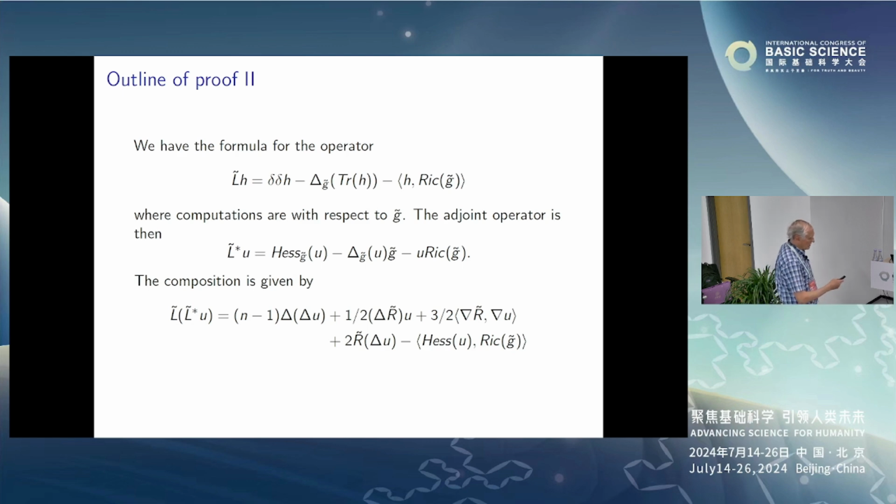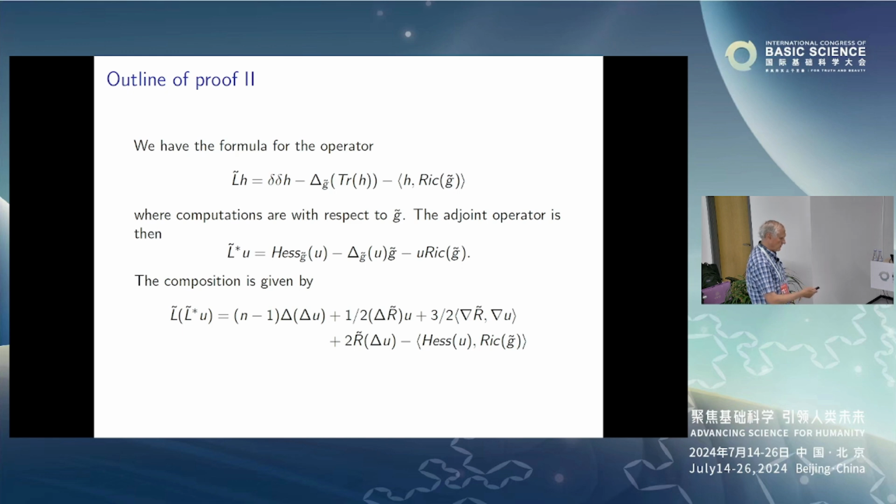So that's what we have to do. And so we have some equations. The linearized operator written here is a double divergence, then this is the Laplacian of the trace, and then there's a lower order term, a Ricci of G tilde contracted with H. The key thing is, we're trying to solve L tilde of H equals something. Well, it's a nonlinear equation really, but the linear problem would be showing that L tilde is surjective in some appropriate spaces. And in order to check that, we have to check the adjoint. The surjectivity of an operator, for appropriate operators, is equivalent to the injectivity of the adjoint.